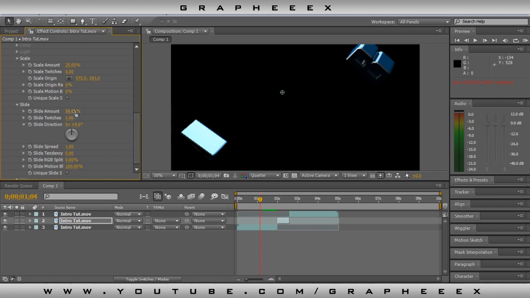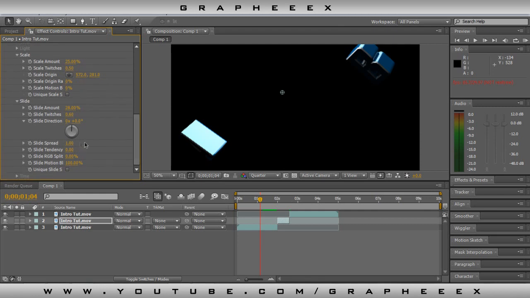On Slide, decrease that to about 30%, the slide to about 0.6, and decrease the slide spread to about 0.75-ish. So now if you play that,